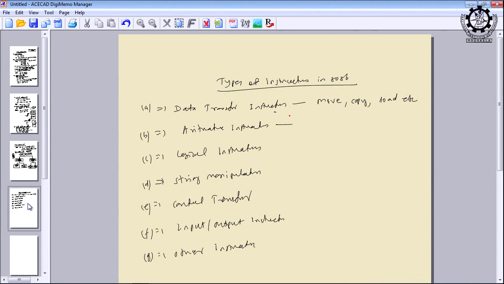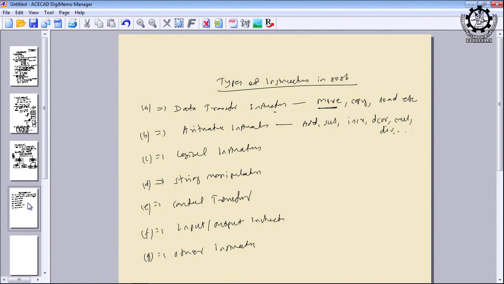Under the arithmetic instructions, it supports add, subtract, increment, decrement, multiply, divide. Remember, I am not following the syntax here, I am just telling you what different operations are possible under each category. The syntax will be different. As I have already seen for move, it is MOV, not MOVE.